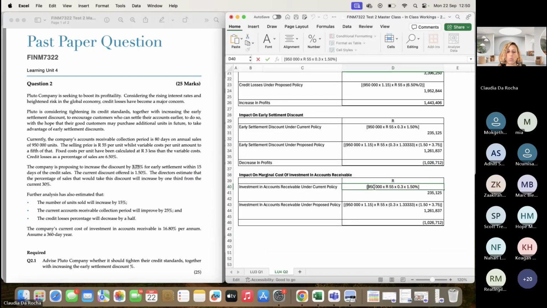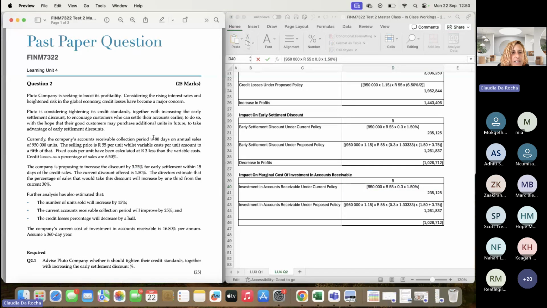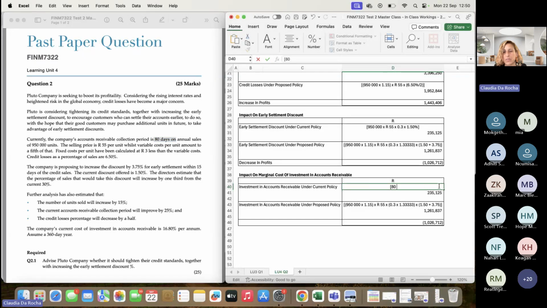So what are our accounts receivable days? In the question, they told us it is 80. So I'm going to say 80 days times, now I need to multiply by my cost. I know in the formula it says credit sales, but because we're doing the marginal cost, we're going to use the variable cost. Please, that's a difference with one of these questions. It's asking for the impact on the marginal cost, which is the cost of our accounts receivable, which in essence is the variable cost. So you're going to take the 950,